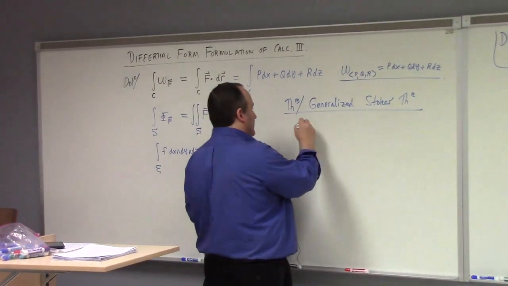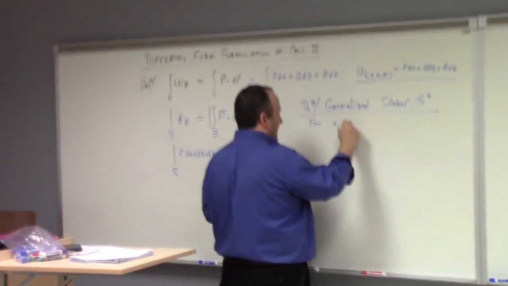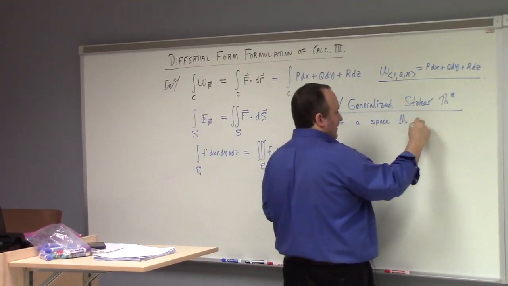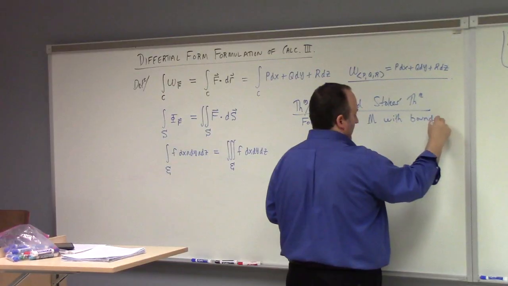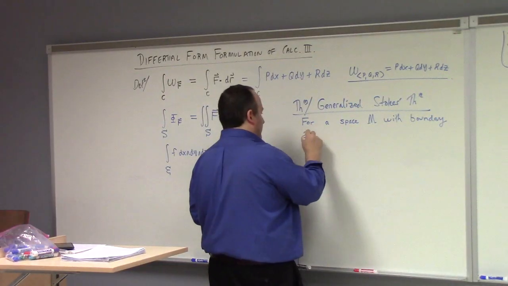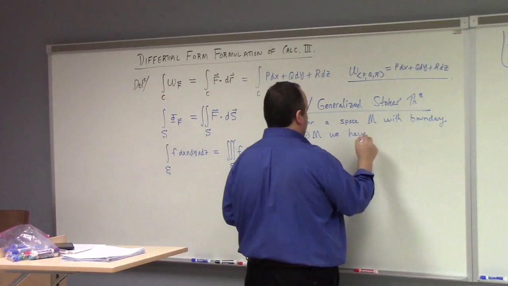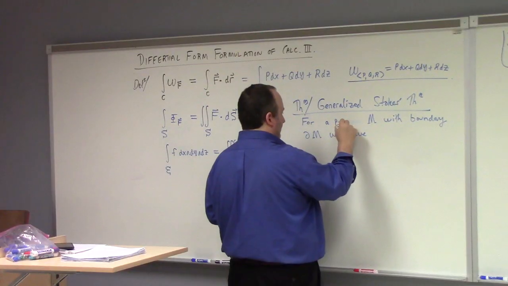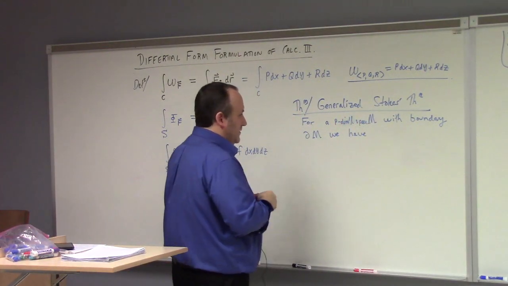It says for a space M with boundary partial M, and I guess I should be more clear here, a p-dimensional space M with boundary partial M,